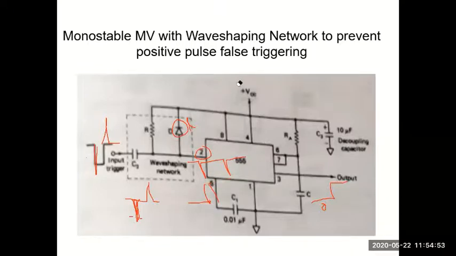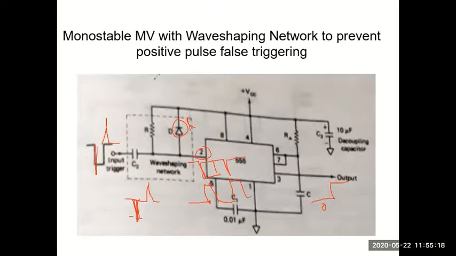So even if the input pulse is still low here, say the input pulse has still not gone back to high, output will not trigger and go back because it has taken only negative edges. Only the negative going edges are sampled. So output will remain in its stable state. At the next negative trigger or the next negative spike only, it will trigger and go.